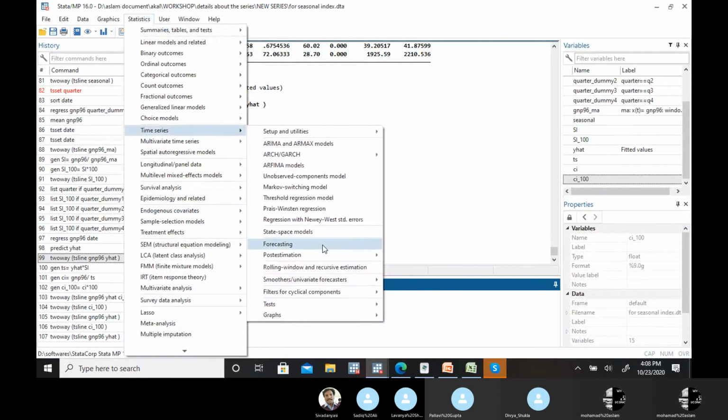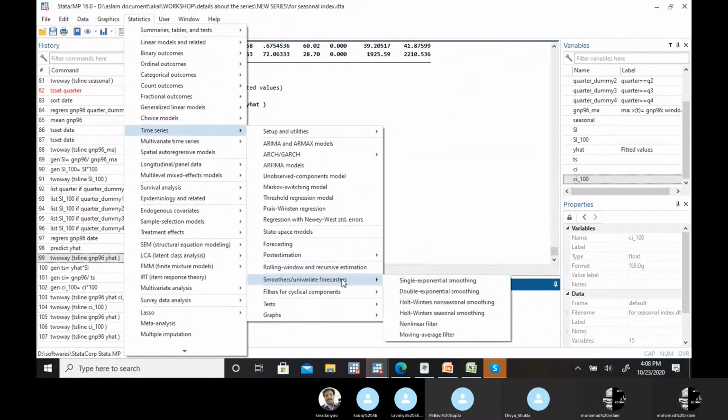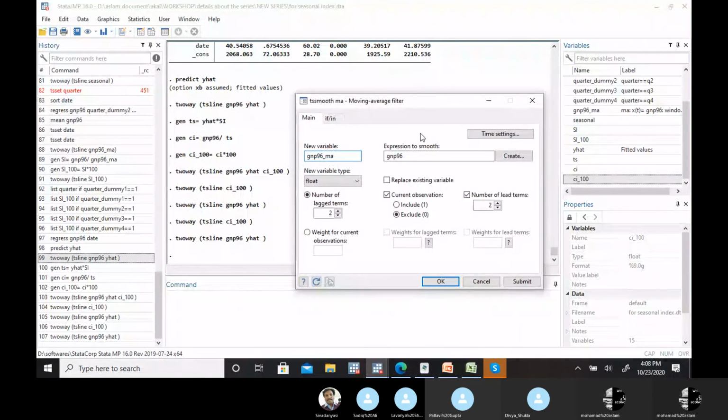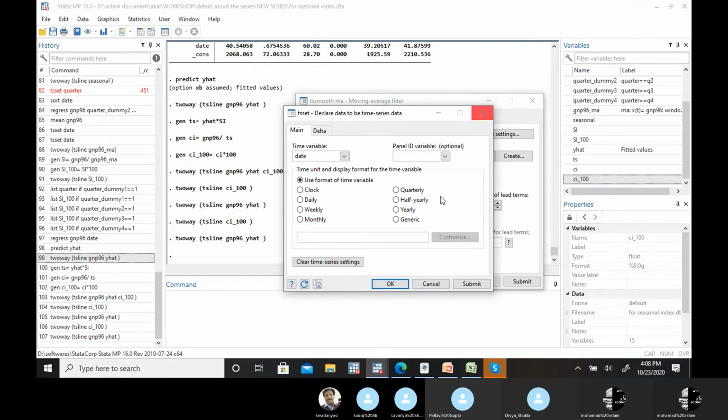Statistics, time series, smoothers, single moving average. Now here I'm taking MA for 12 quarters. So here, 6 lagging and 6 leading.